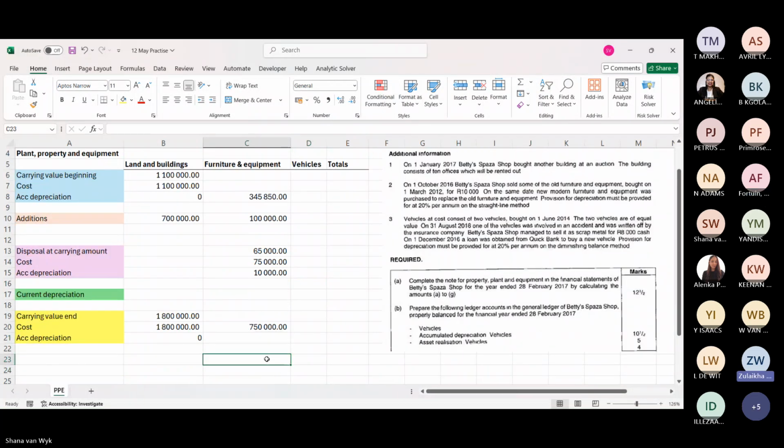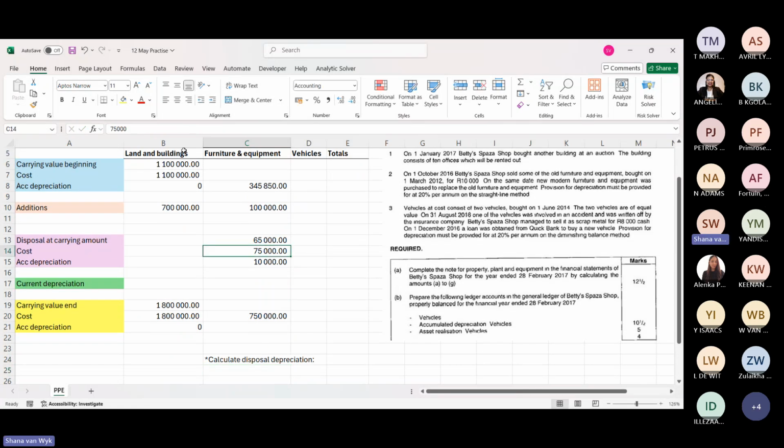There's an empty space. Right there, calculations in A1, A2, A3. Then you write calculations, then you say what calculation you're busy with. Oh, okay. Disposal of what? Depreciation. I can do that. Let me just do this one.